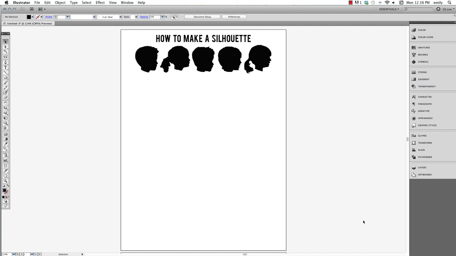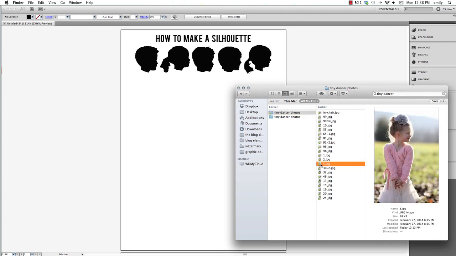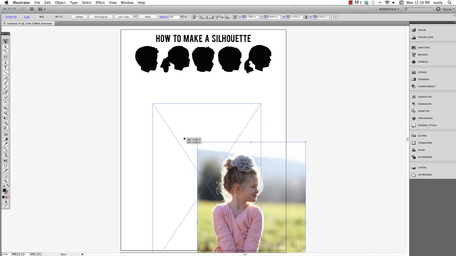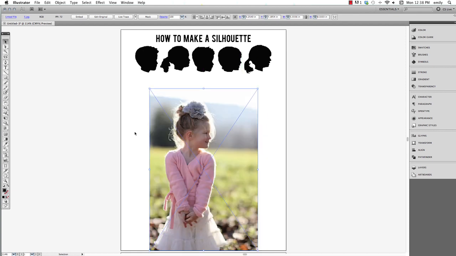The first thing we're going to do is open up a document in Illustrator and then drag in a picture. You're going to need a photograph of whatever it is you want to create your silhouette of. You need a photograph of the profile. So I'm going to pull this one in of my little Audrey girl. We're going to use a photograph, and then we're just going to outline around it to use